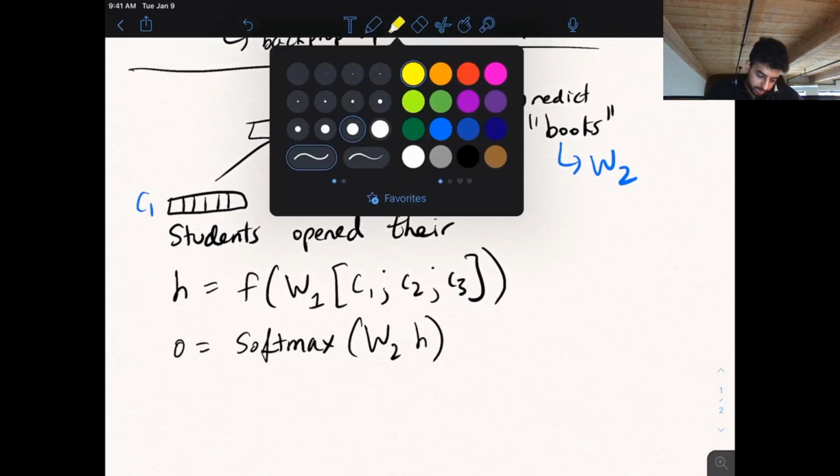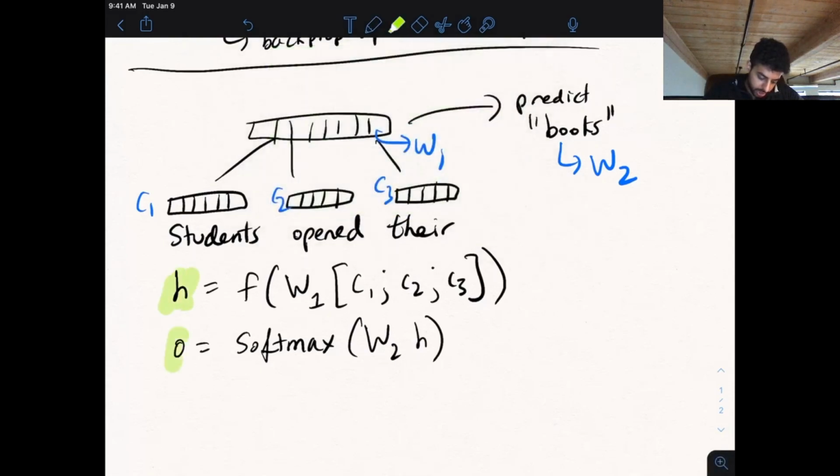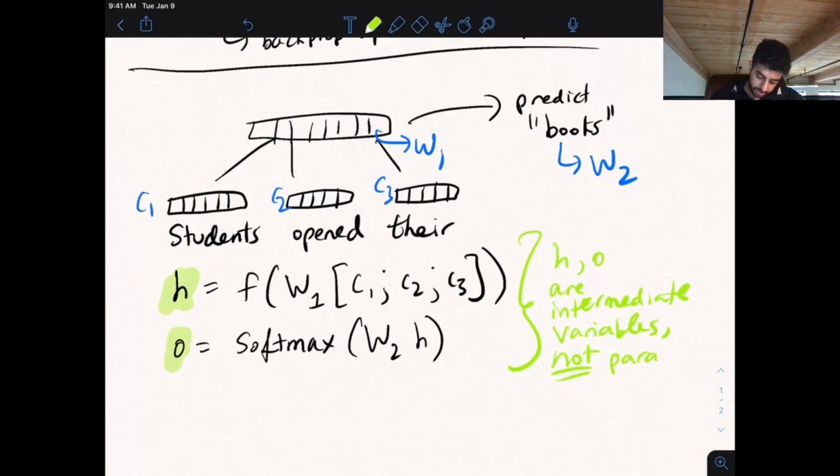So here, note that we have two intermediate variables. Let me use a different color. We have H and O. So H and O are not model parameters. This color thing is pretty cool. So H and O, is that readable? Yeah, maybe. They are intermediate variables, not parameters. If you look at these equations, they are functions of the model parameters,